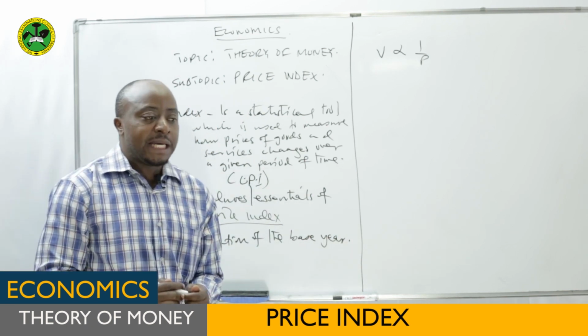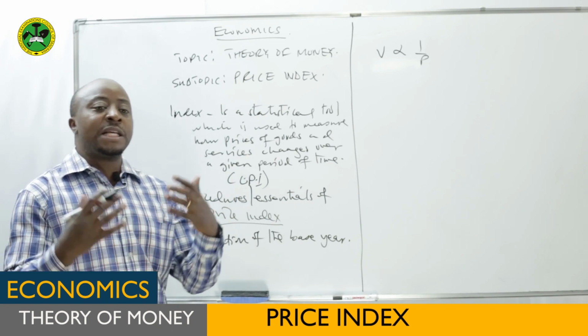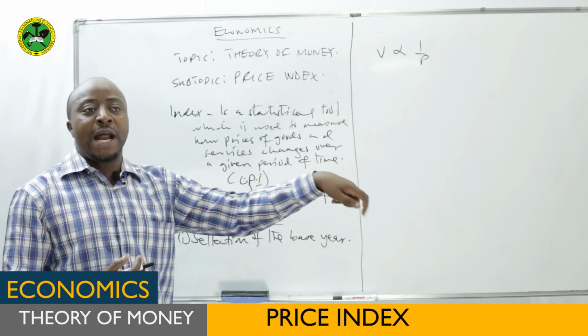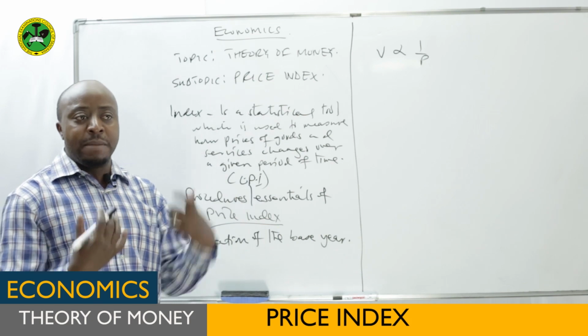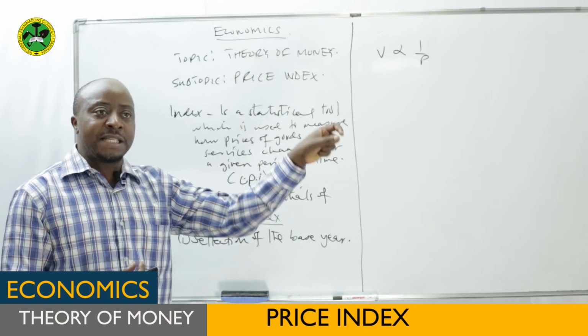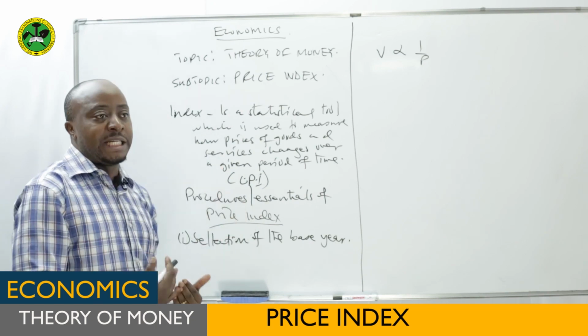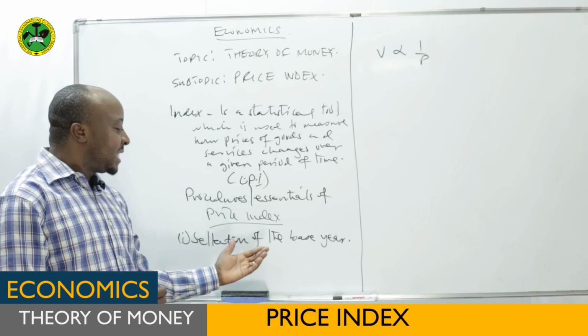The base year is used because we want to compare the price index of two years. For example, this is 2020. We want to compare the price index with another, previous year. To choose that year, maybe it is 2010 or 2015, that is the base year. So the base year is the previous year, the year we want to compare with the current year. Now, the base year is sometimes not easy to choose,